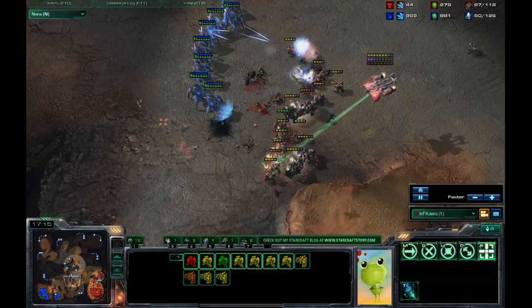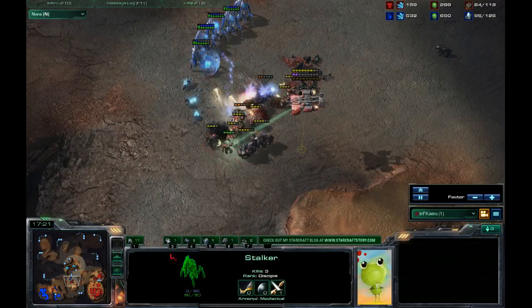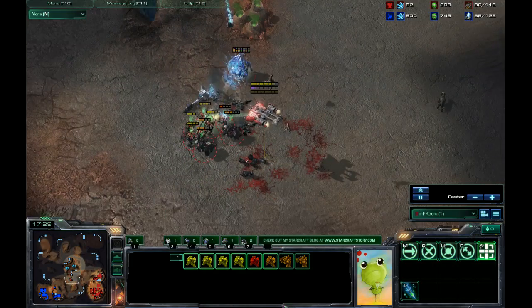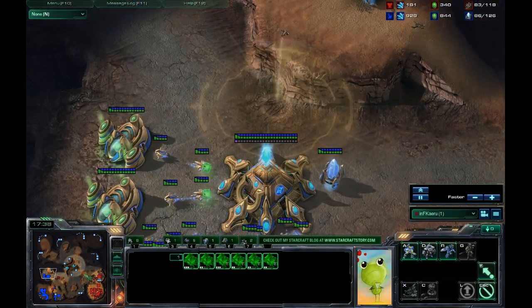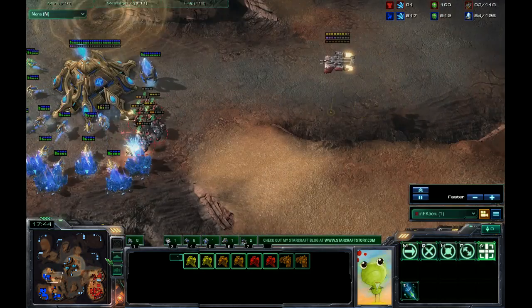I'm actually starting to suspect that he's up on 3 base, because I can't really believe that he's able to support all this on 2 base. I mean, he's got a lot of gateways. 1, 2, 3, 4, 5, 6, 7 gates, and so I'm scanning his 3rd base, and it is actually up. I'm really surprised, but